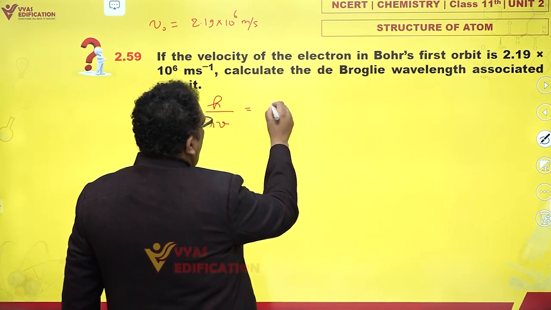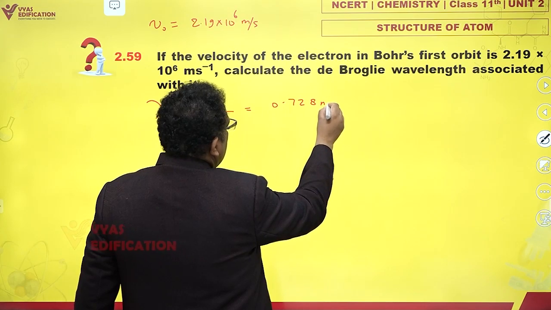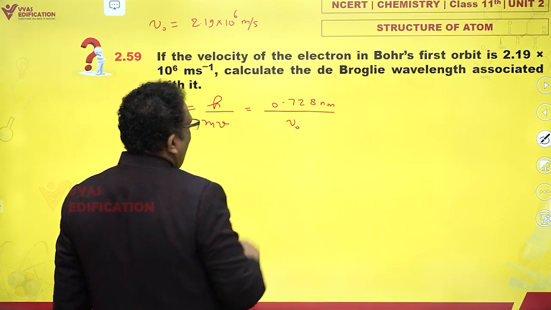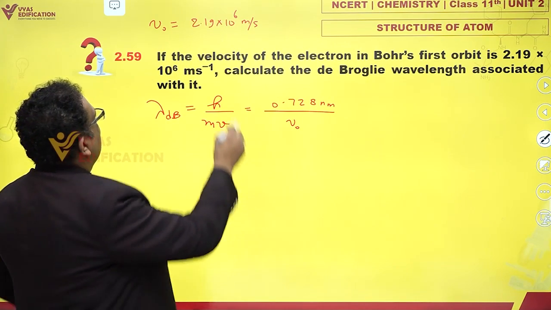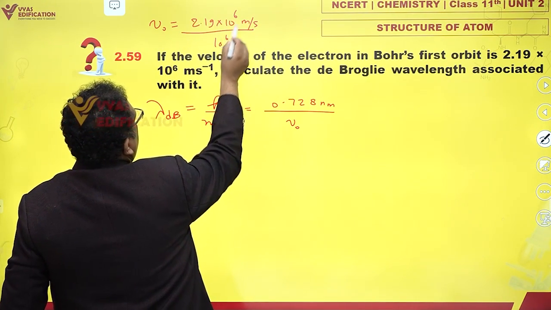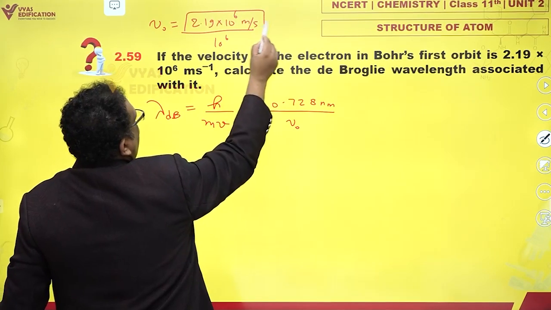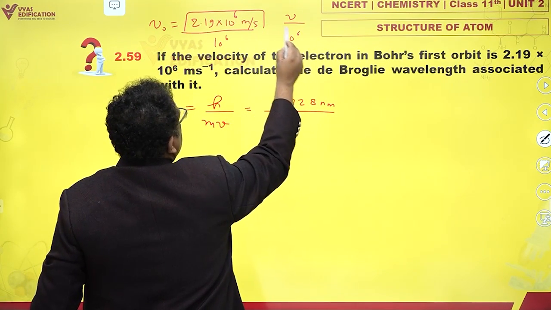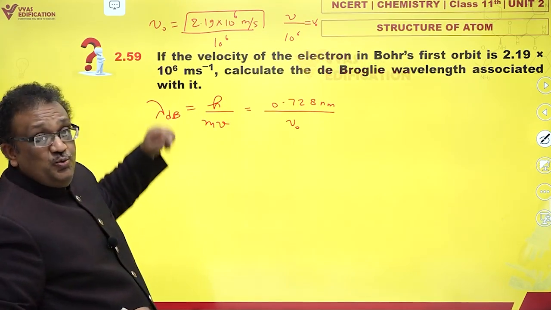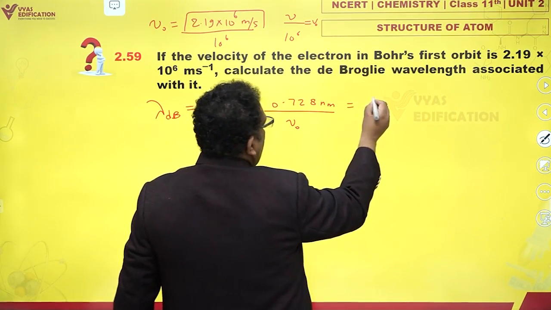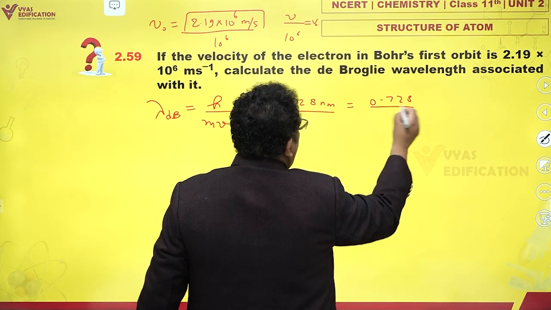This is 0.728 nanometer by v naught, and v naught is the velocity divided by 10 raised to 6. So in our case, it is 2.19. So 0.728 upon 2.19